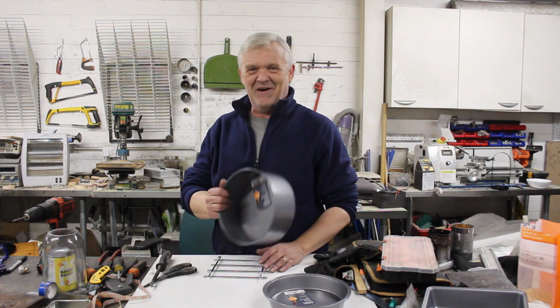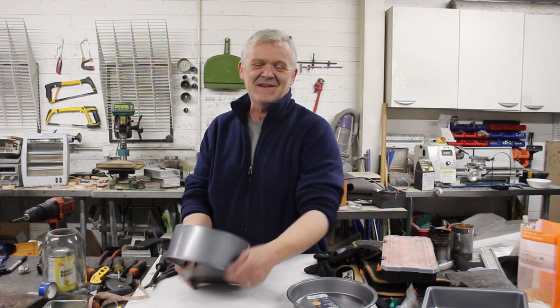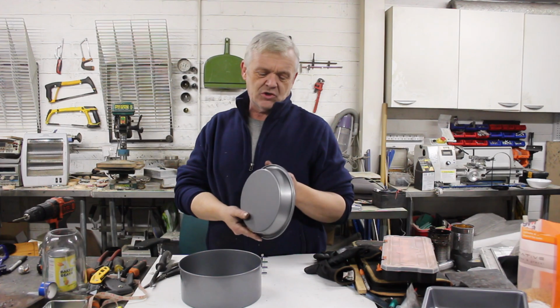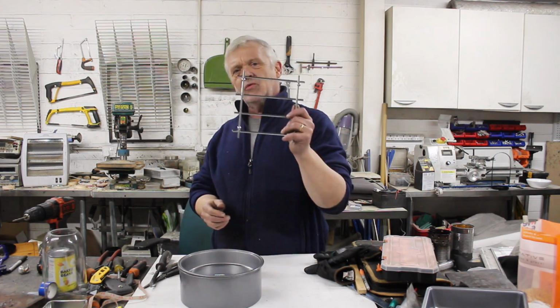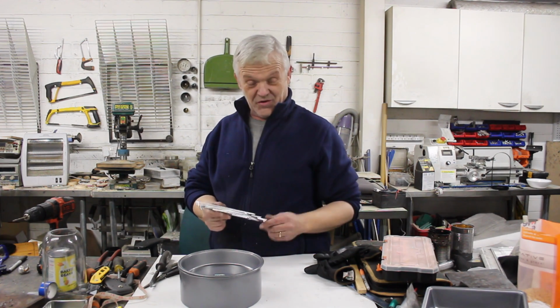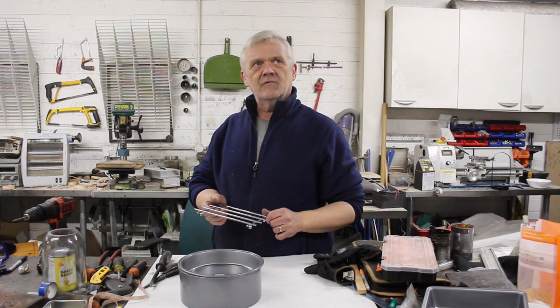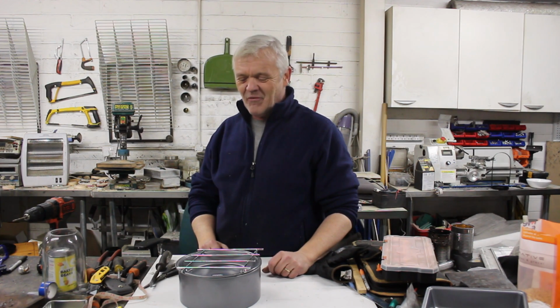So I thought I'd have a look at that first to see how we could do it, and I went down to my local store and I bought some cake tins. This is a £2.50 cake tin, 20 centimetres. I bought one of those, and then I have a sponge tin which cost me £1 and it's 20 centimetres, and I bought 3 of those, and I bought this which is a trivet that I saw sitting next to the cake tins, and that was £1.50. So I've spent a grand total of £8 on the materials, and we're going to see if we can turn that into a